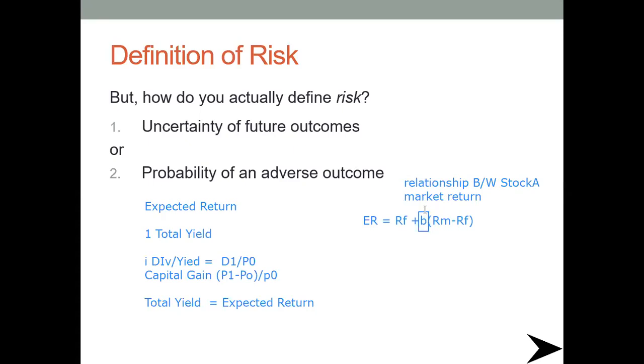No, the beta will show you the relationship between a particular stock, a stock for which you are going to calculate the expected return, and the market return. That market return will come from the KSE 100 index. That index will show you the market performance. So the index will help you find out the market performance and stock A. Now from the market, how will you get that data?